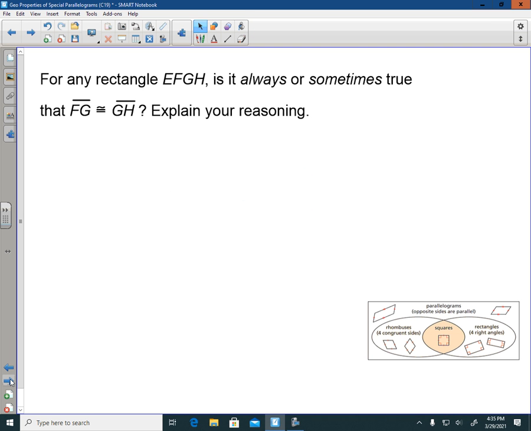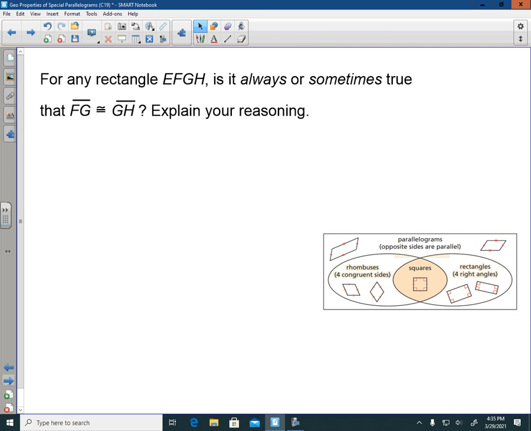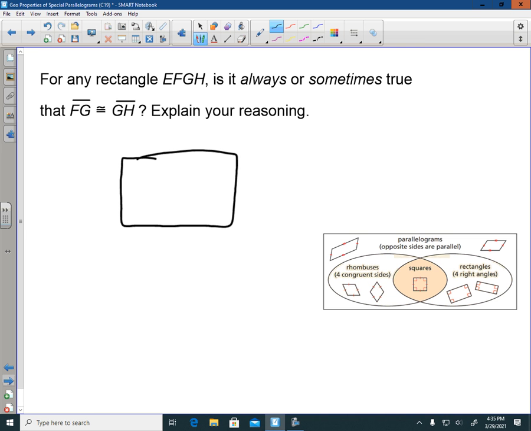For any rectangle EFGH, is it always or sometimes true that FG is congruent to GH? Well, we might not need this Venn diagram. We didn't really need it in the last one, but we'll see. Let's draw our rectangle. It's really the drawing that is most important for these to visualize this. Now in a rectangle, we've got this going on. That's all we really are talking about. So is it always or sometimes true? Oh, we have to label it EFGH. FG